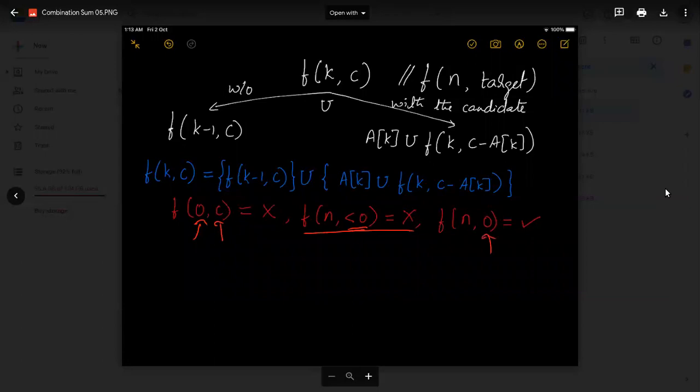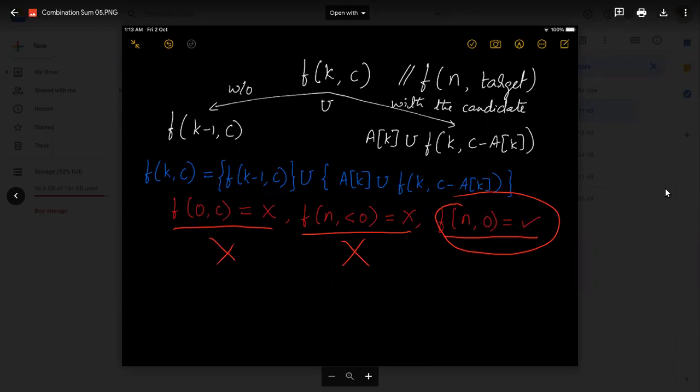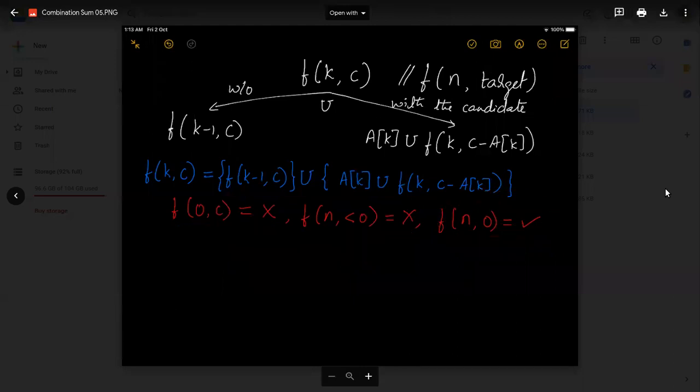But if the target reduces to zero, it doesn't matter how many elements are still available; it could be zero also. Then this is an acceptable answer, right? So this is the only acceptable base case. The base cases in the state space tree are essentially leaves, and these kinds of leaves are what's called feasible solutions, and these are infeasible solutions. That's how this method is exhaustive, eliminating the infeasible solutions and only considering the feasible ones. Everything put together is the set of candidates we are exhaustively covering. All right, so this is the idea I'm using.